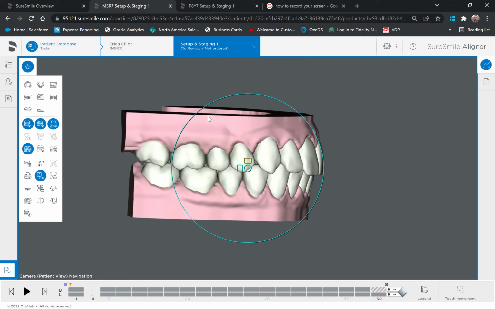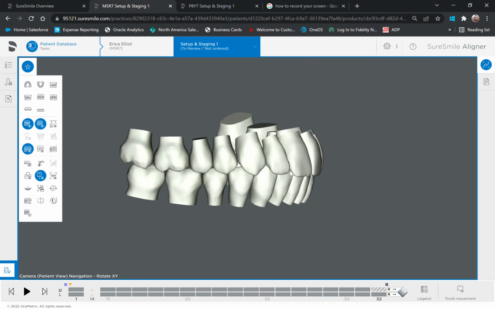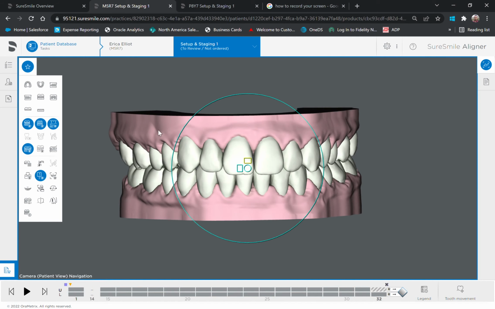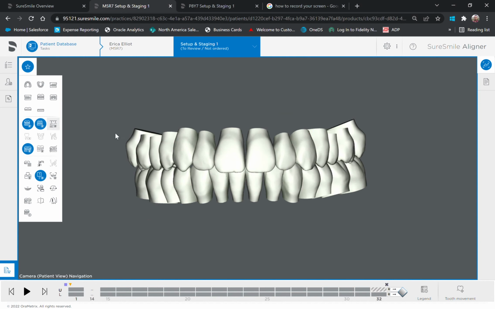So right now I'm just kind of showing you the basic model right here. And if you take it off and you look at this, everything looks good, but you really don't know where these roots are. We kind of get an idea, we kind of have a guess. You can put a smile photo on here, but it doesn't give you the true root to crown relation that we're looking for. So hide this, look at it, plays through,